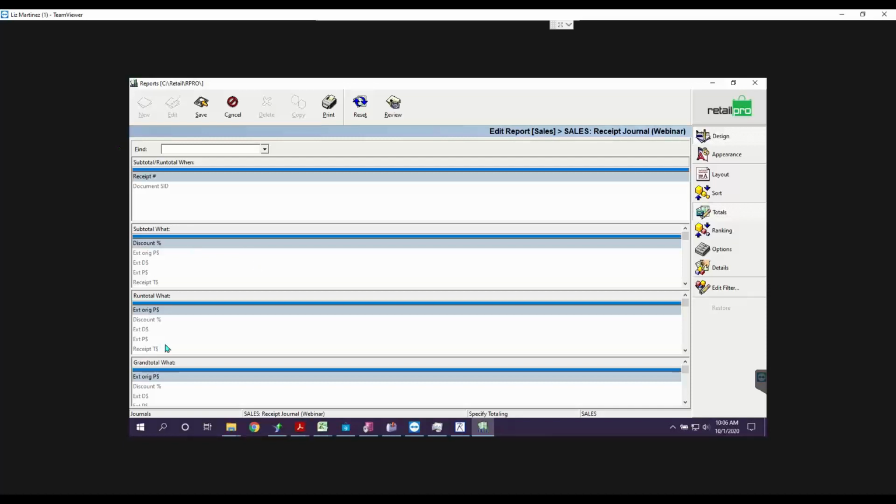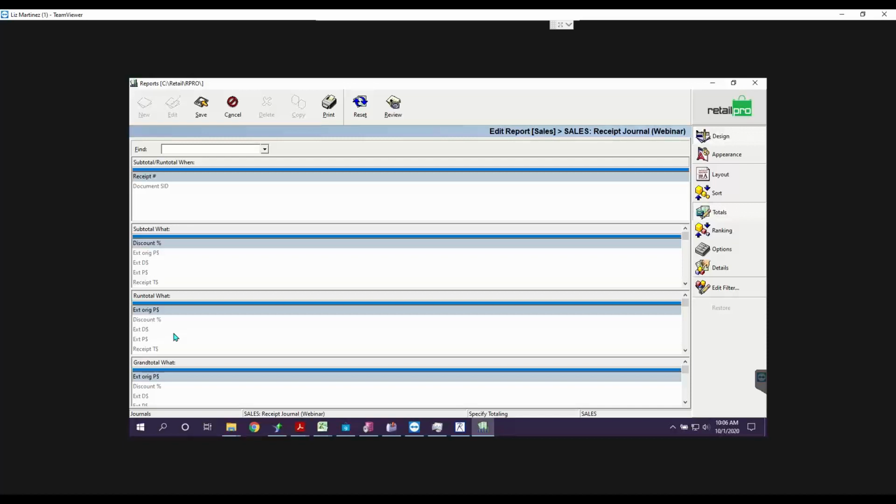Those are the errors that people run into. And so this is just one of the subtotals. We also have a running total. The difference between a subtotal and a running total, of course, is that the subtotal is going to group just that specific group, and it's going to restart. So if we're subtotaling by cashier, once that cashier is done, it's going to restart and have